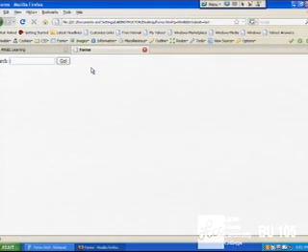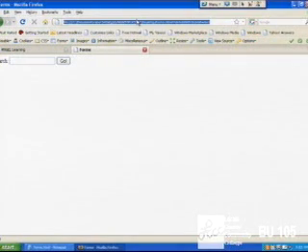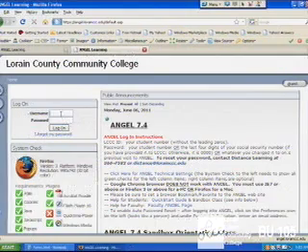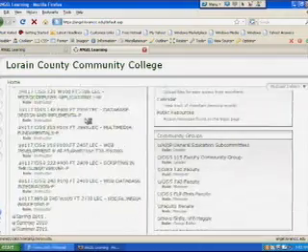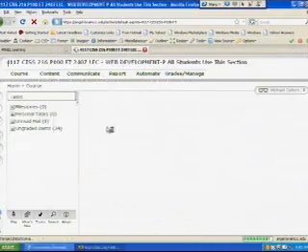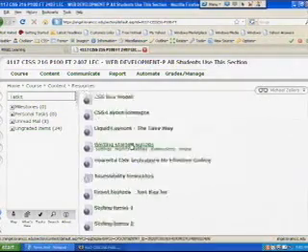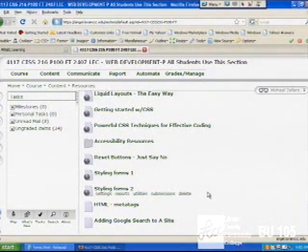You could actually practice this on your own if you want. If you go to Angel, and read this article, on the Resources tab, adding Google search to a site. We'll work through that next time. But that'll show you how to hook up a form to a server-side script. And that's what we'll do next time